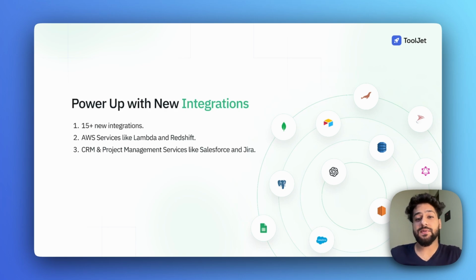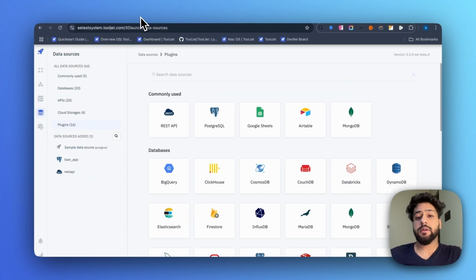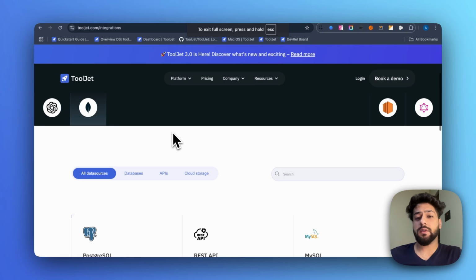within your ToolJet applications. A lot of you have been asking about better integrations with CRMs and project management softwares. So we've brought in Salesforce and Jira into the mix. Now, if you want to build custom sales dashboards or a custom project tracker, you can build all of that within your ToolJet apps. If you want to find an exhaustive list of all the integrations that are available in ToolJet 3.0, you can head over to our website tooljet.com/integrations